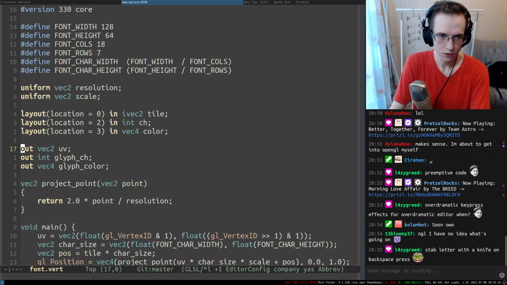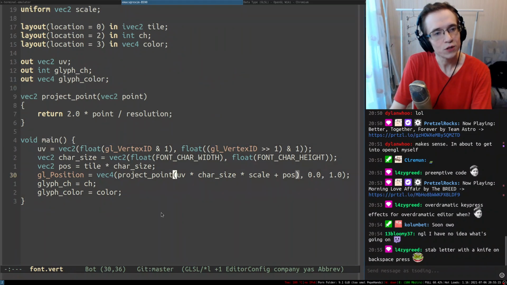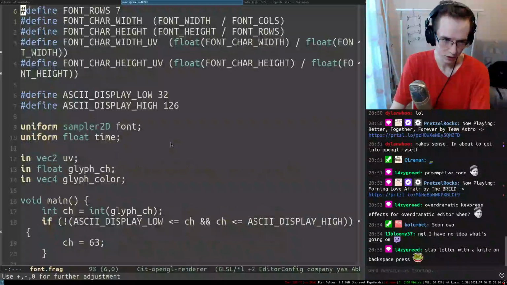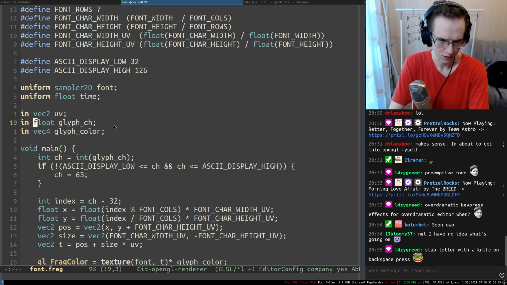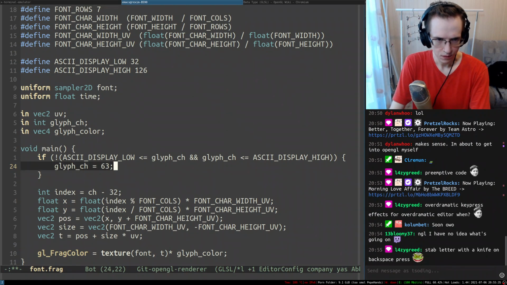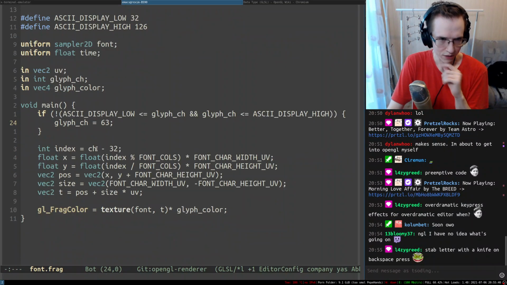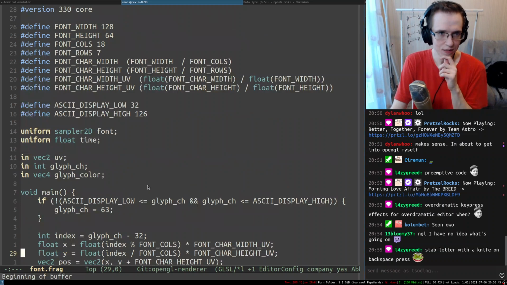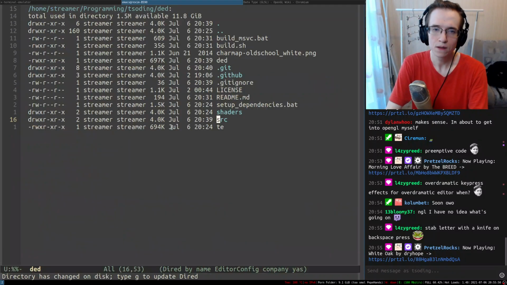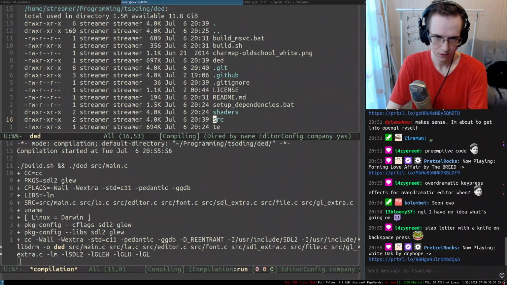Cool. And in the vertex shader, do we have any problems? I don't think so. Everything seems to be okay. So now we need to apply the fragment shader. The cool thing is that we can change it to integer, and because of that we don't have to have this thing anymore. But that also means we need to rename these variables. Alright, so then we have an index. This is just a glyph. And I feel like this is it. So we effectively did the refactoring that I wanted to do. Let me recompile the entire thing and let's just try to run it.